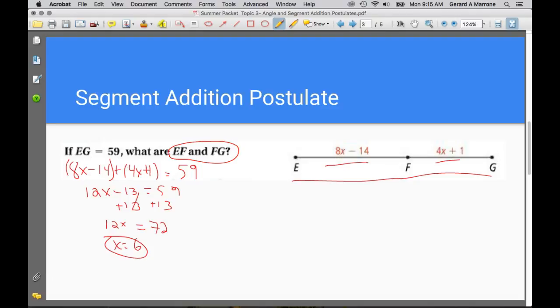So we now have to take one more step and say that EF was equal to 8x minus 14. We have to plug back in. So 8 times 6 minus 14. So we have 48 minus 14, which ends up giving us 34 for segment EF. And once again, we're going to label it with that line over the top. Okay. And we have to do the same thing for FG. Segment FG equaled